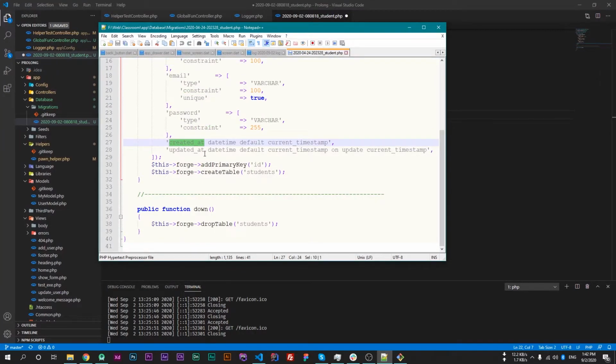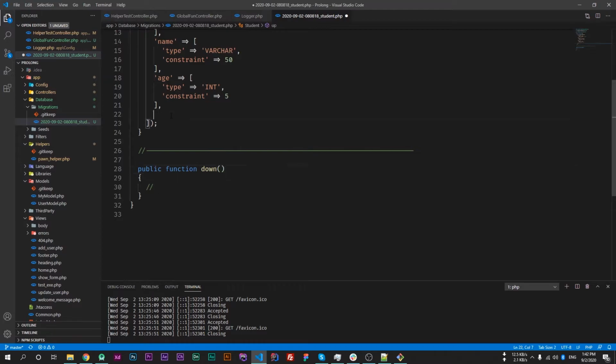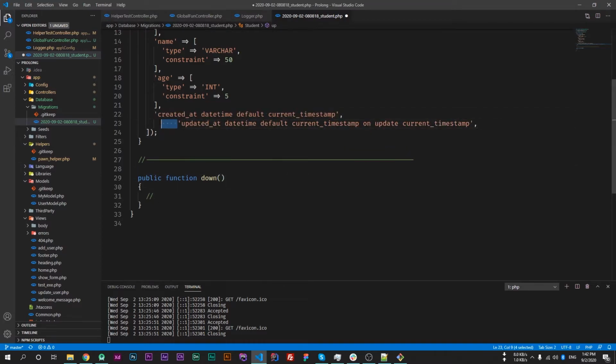So the created at, its type will be datetime, and the default value will be current timestamp. And the updated at will be the same, of type datetime, default will be current timestamp, and update on current timestamp. So I'm just copying this as it is to save our time.